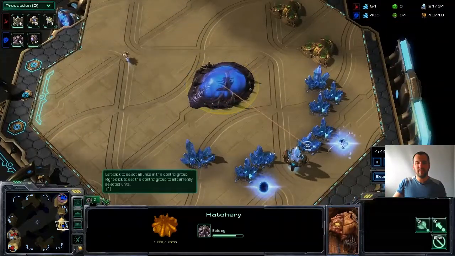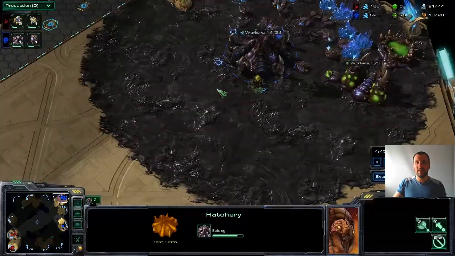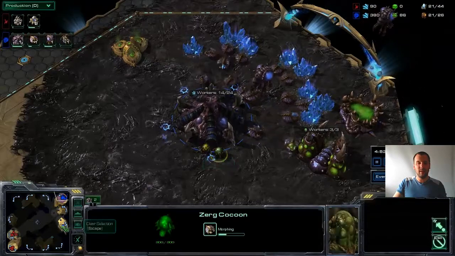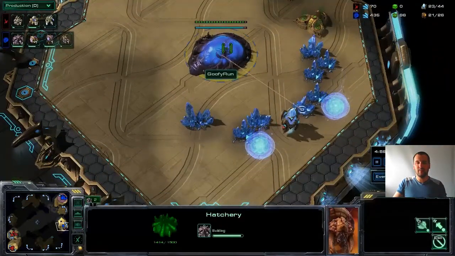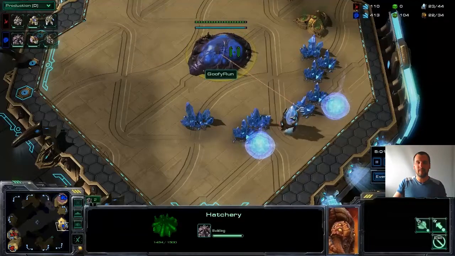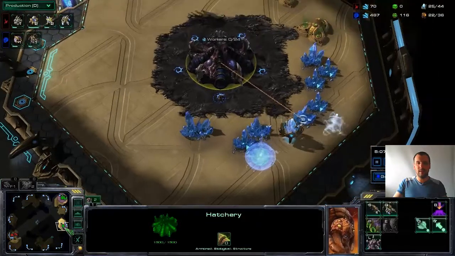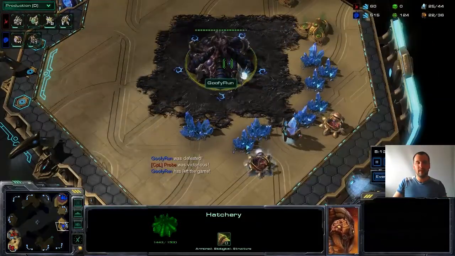And that means that he should cancel this, because there's no way he can produce enough Zerglings to actually attack this. And so the base will go down if he doesn't cancel it. But for now, he is going to let it come up. Can he not see that? Hang on. Yeah, he can definitely see that. Huh. So yeah, this base is...